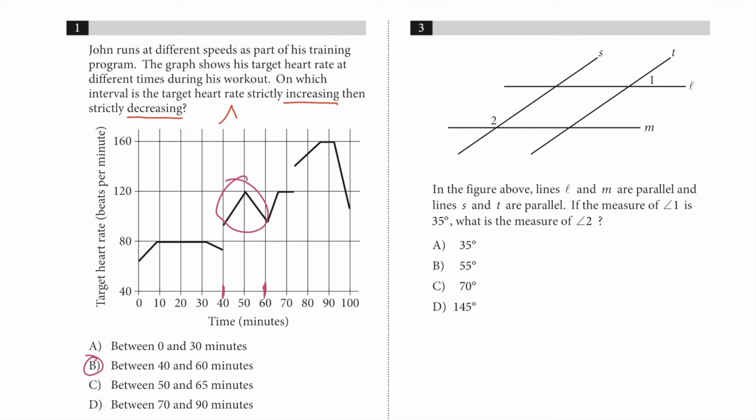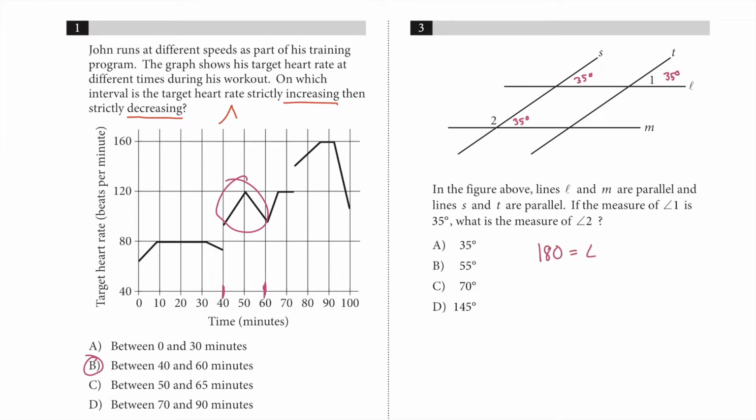In the figure above, lines L and M are parallel and lines S and T are parallel. If the measure of angle 1 is 35 degrees, what is the measure of angle 2? So angle 1 is 35 degrees. If angle 1 is 35 degrees, then we know this angle is also 35 degrees, and then this angle is also 35 degrees. So angle 2